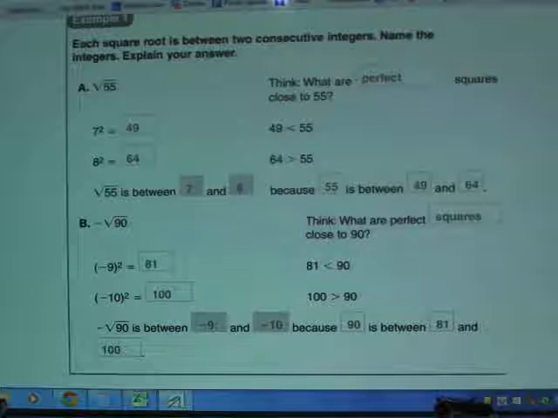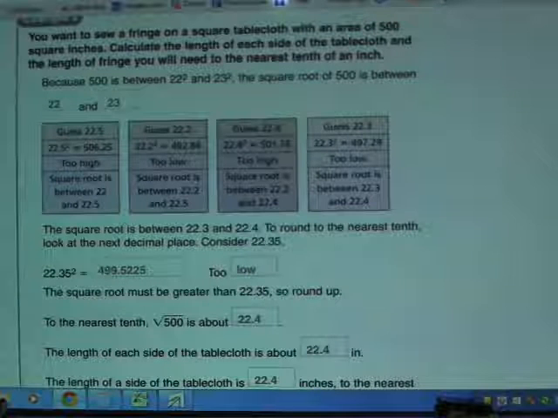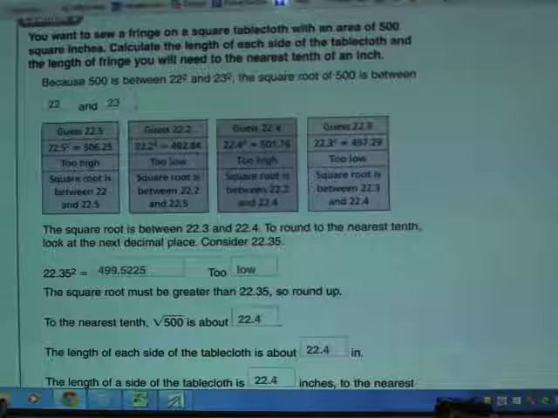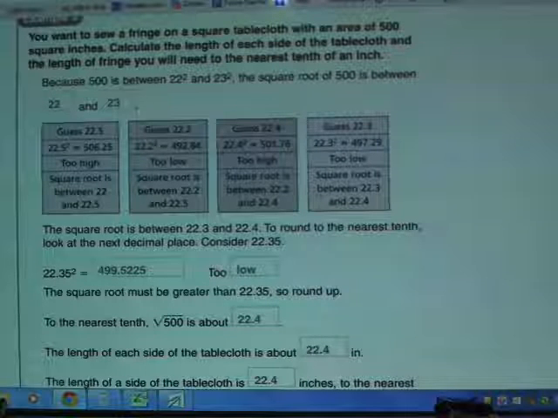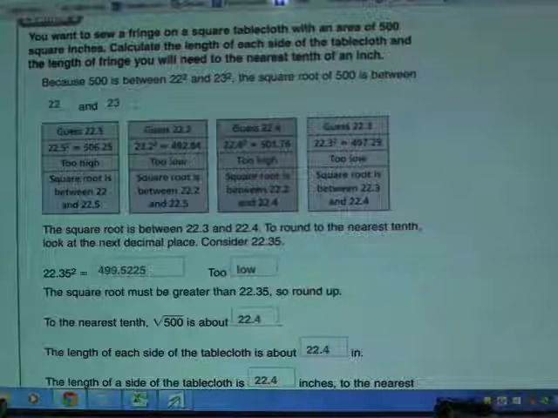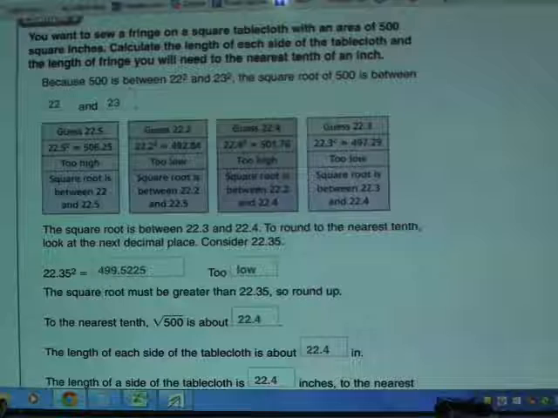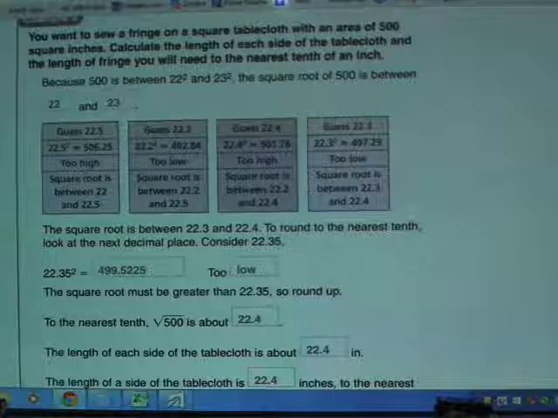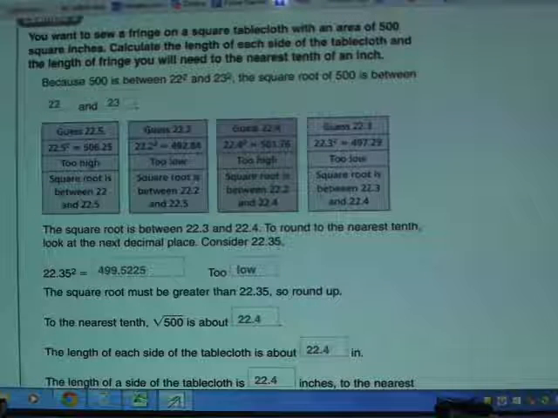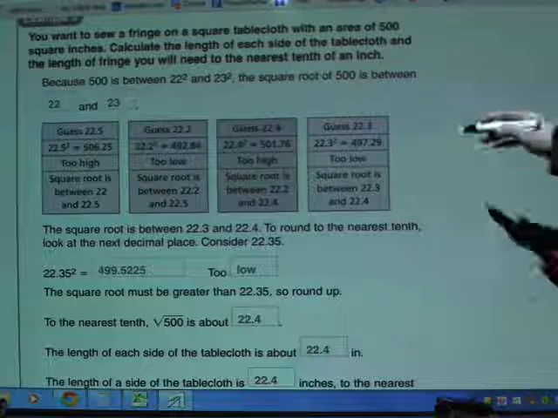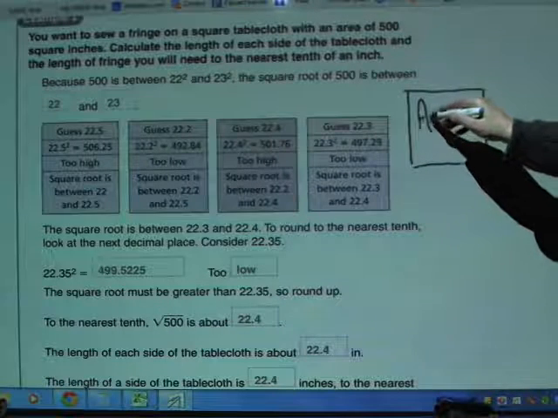All right, let's go ahead and continue down here onto the next example. In question number 2 here, it says you want to sew a fringe on a square tablecloth with an area of 500 square inches. Calculate the length of each side of the tablecloth and the length of fringe you will need to the nearest tenth of an inch. So here they're saying you've got a square tablecloth, a perfect square, and they're saying that the area of this square